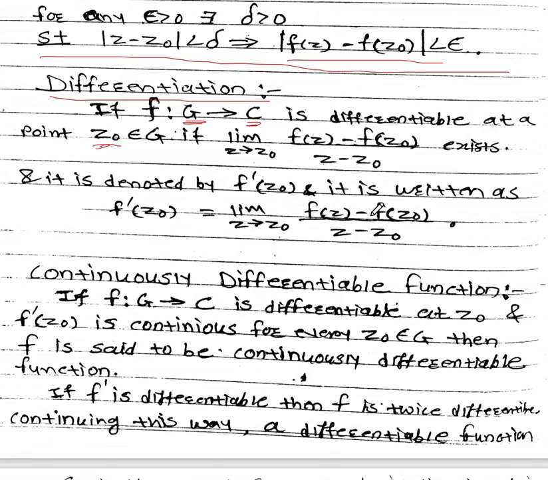If the limit exists in this region G at a point z0, then we can say that